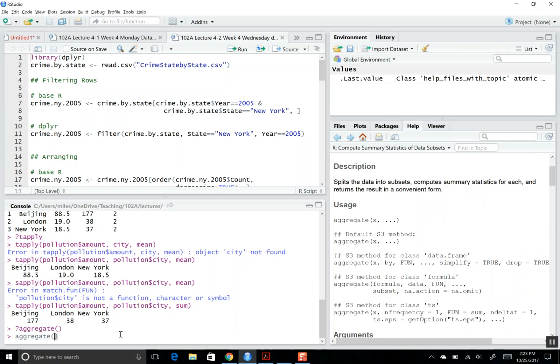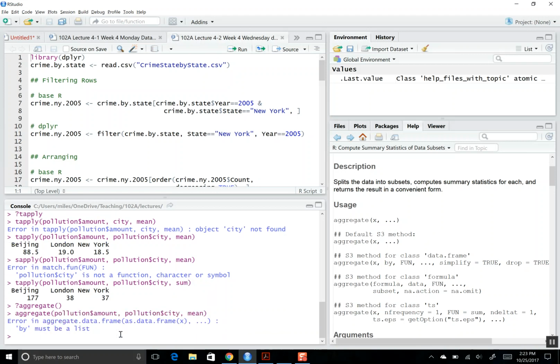I think I want to do... I must be a list. Okay, hang on. All right. I can't even recall how to do this using the aggregate function. It can be done, but it's a lot more painful to do it